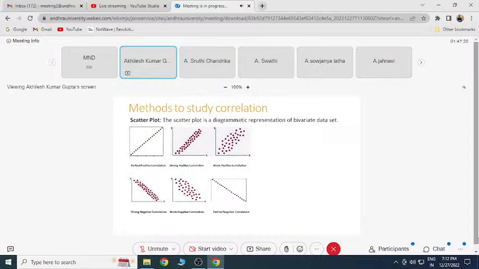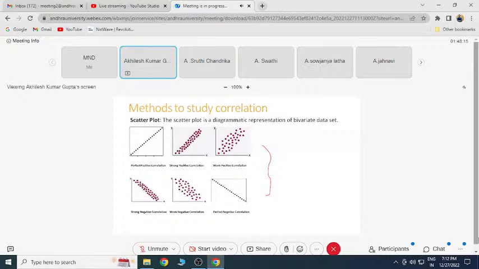So there are two methods of studying the correlation. The first one is, you can say, the indicative method. By plotting a scatter plot, we plot x and y against each other, and we get the idea of the relationship between two variables. By seeing these plots, you can understand this is a strong positive correlation, this is a weak positive one where the data points are not very dense. Here data points are very dense, and data points are on one line, so it is a perfect positive correlation. Similarly for negative: strong negative, weak negative, and perfect negative.